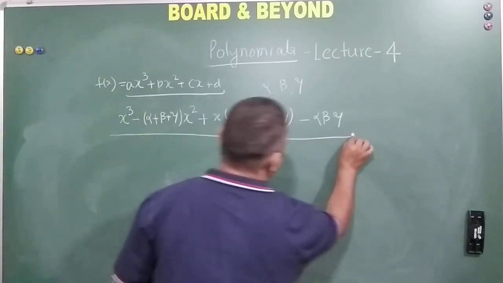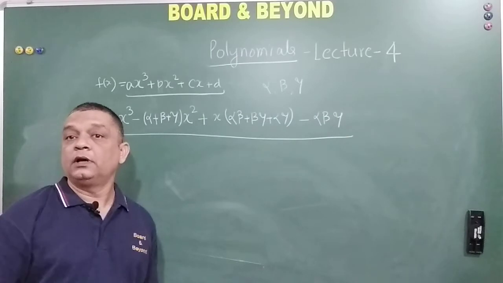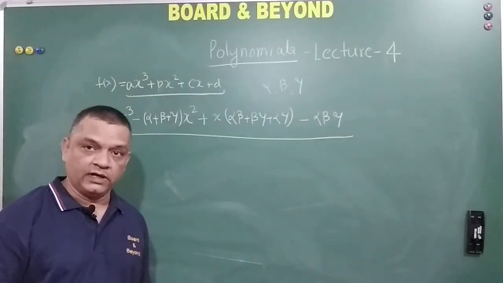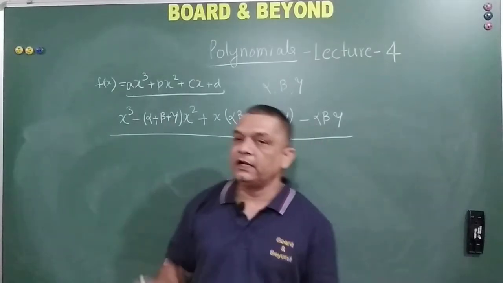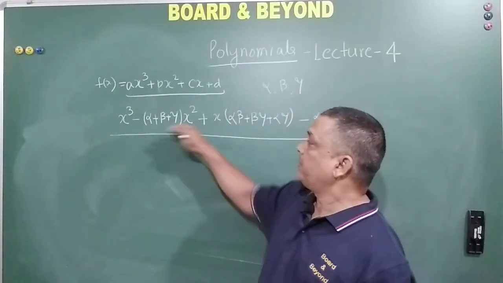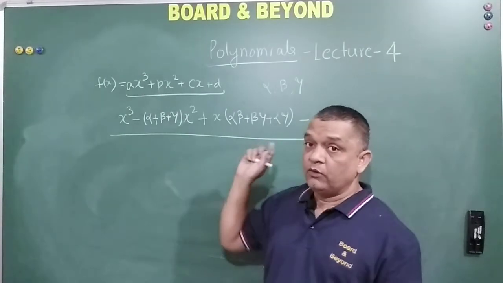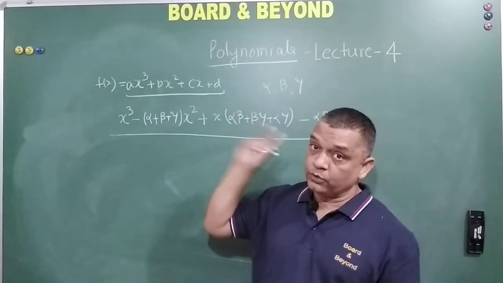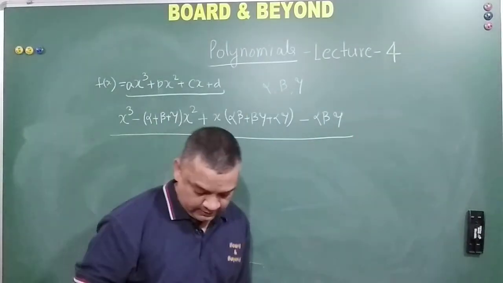This is how you can write a cubic polynomial once you know the roots of a cubic polynomial. So in the examination, if the roots are given to you, basically you can use the roots like this. Alpha, beta, gamma are the three roots, and you can formulate a cubic polynomial. Which polynomial will have those three roots which has been given to you? Okay, friends?